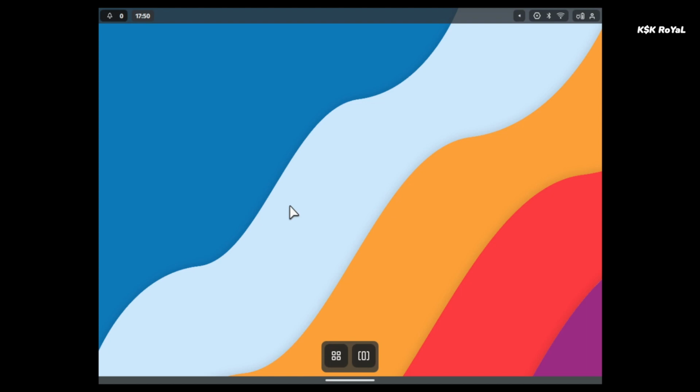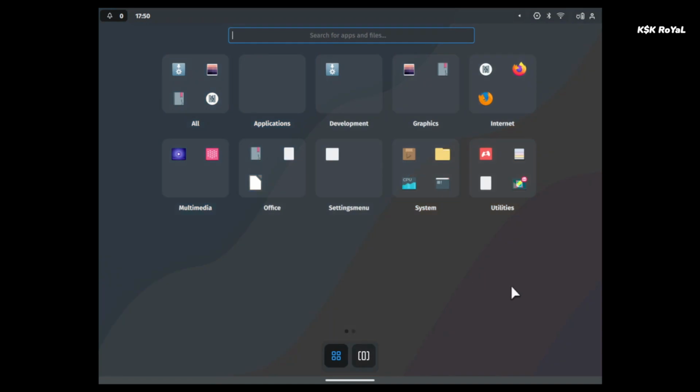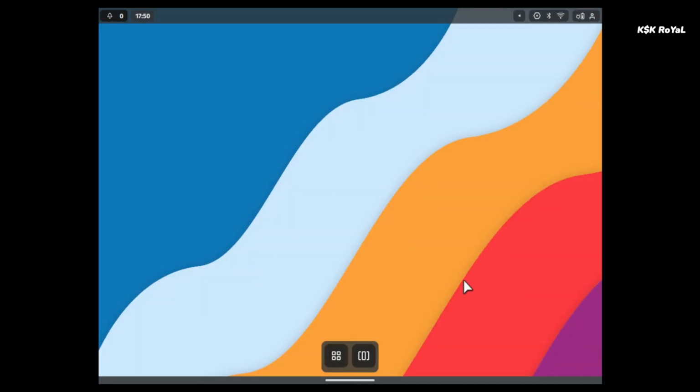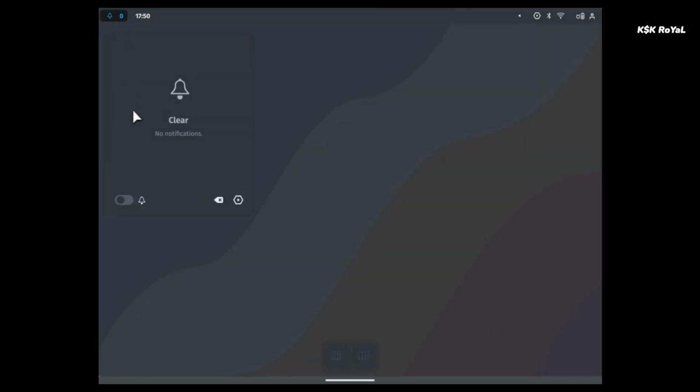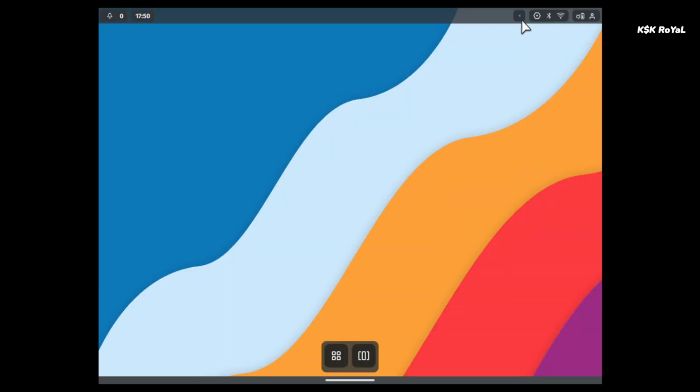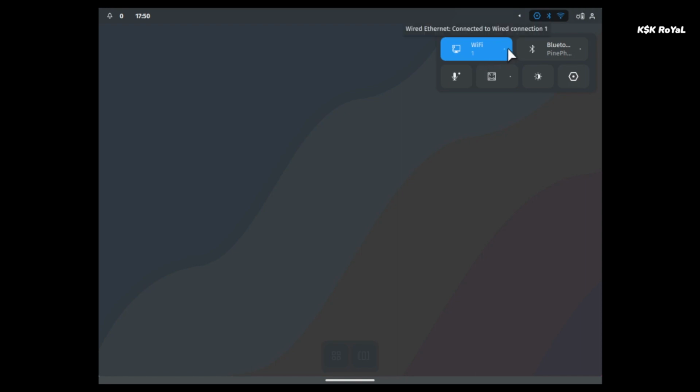The moment you log in to Maui Shell or Maui Desktop, you would be greeted with a simple and minimal user interface. The goal of Maui Shell is to reduce clutter, and the idea of being convergent is to run on tablets, mobile devices, and desktops. To the top, the Maui Shell has a panel that is divided into two sections. The top left section is for notifications and calendar, which shows both date and time. The top right section is the place for system controls such as Wi-Fi, volume, brightness, and other options.